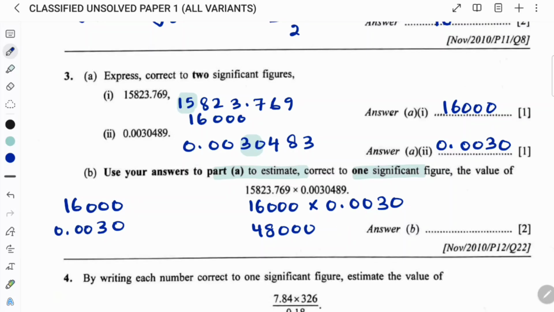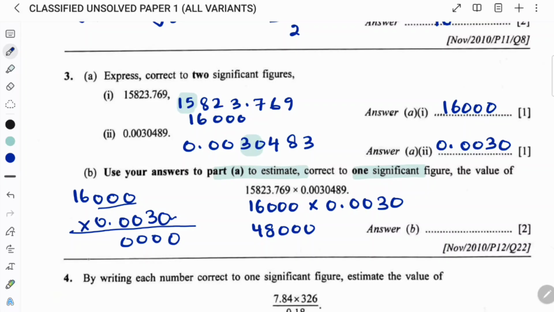0.0030. So that is 48,000 here, and then how many decimal places do you have? You have 3 decimals, so you have this zero and then these 3 zeros. 3 times 16 is 48. How many decimal places? 1, 2, 3, 4. So this is 48, approximately equal to 48.